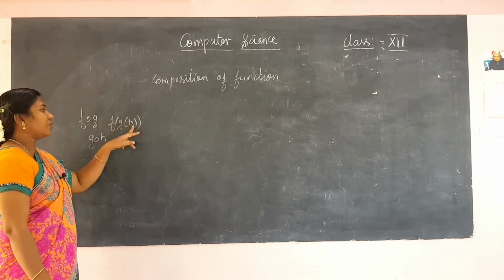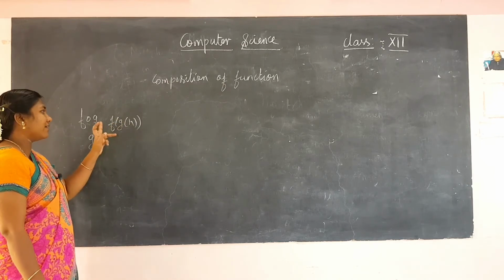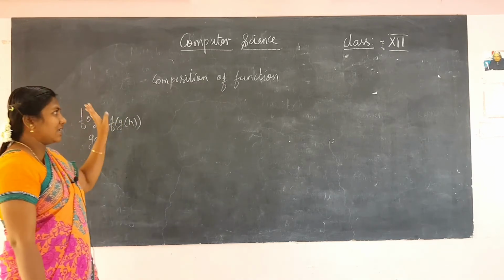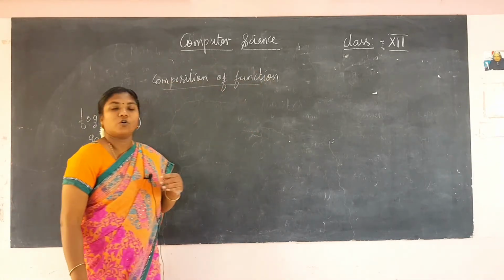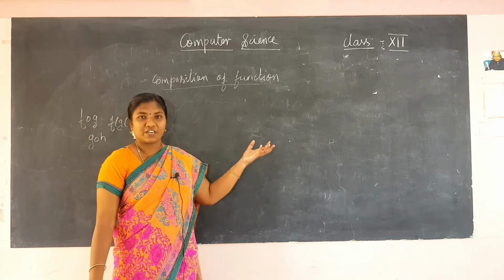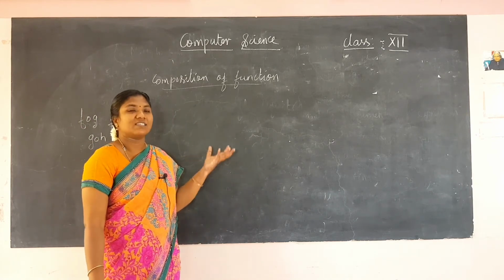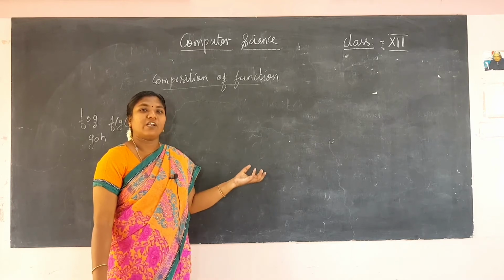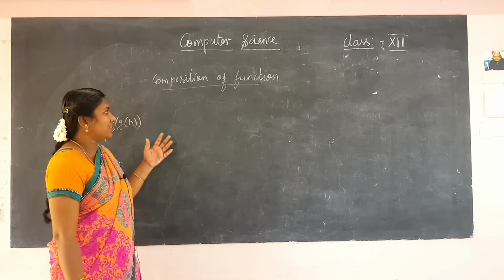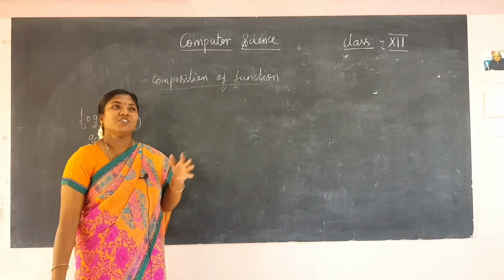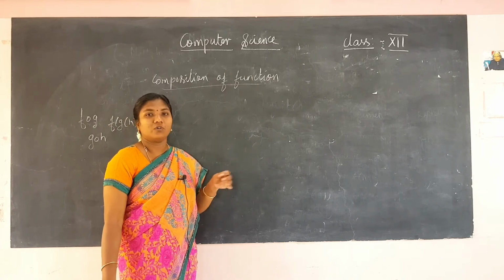This output will be given as the input to this, and this output will be given as the input to the next, isn't it? The same thing is performed in the composition of function. The output of one function is given as the input to another one. That is, if a function returns a value, that return value is given as the argument to the next function. So that is the composition of function. It is not covered very deeply, but we will be using one new function.